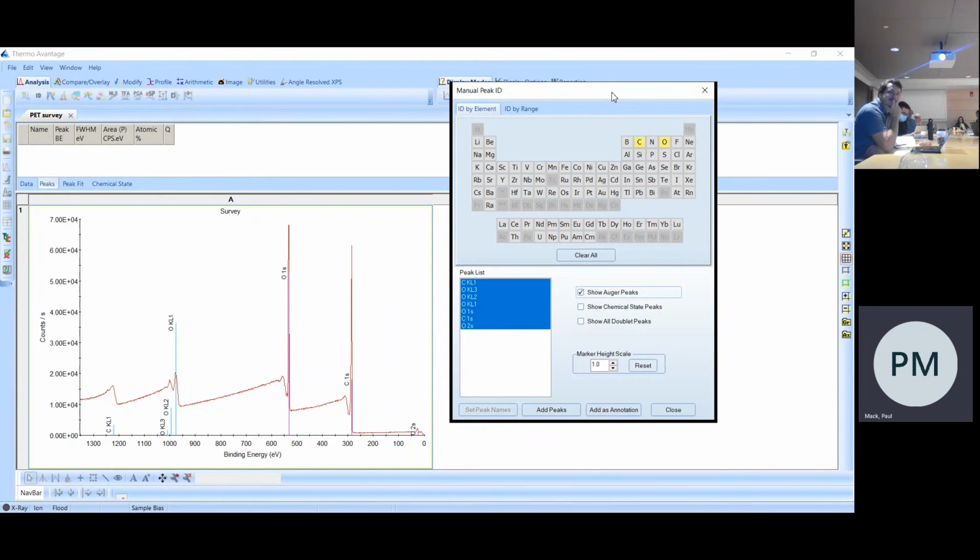So basically, we've identified all of the peaks. Now, the relative intensity of each of those peaks corresponds to the number of atoms which are present in the surface. So each peak is proportional to the number of atoms of carbon, the number of atoms of oxygen. And so what we want to do, of course, is use those peaks to quantify the carbon,